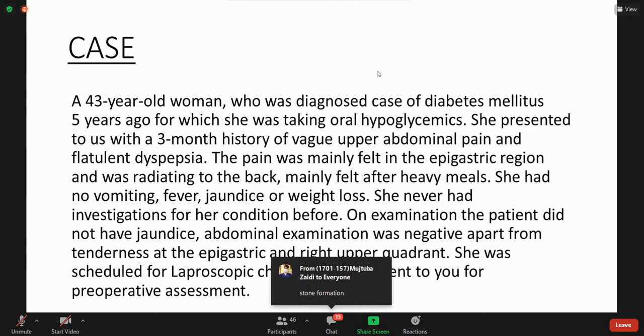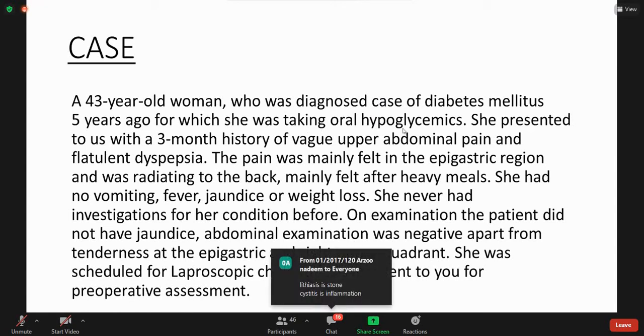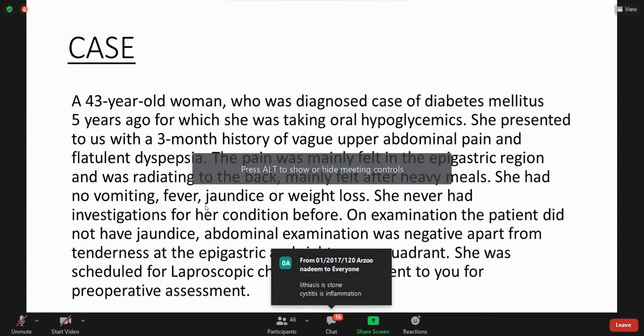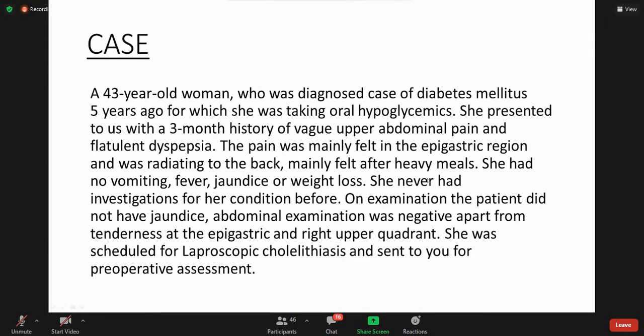Yes. So we have this 43-year-old woman who came for cholecystectomy, which is being performed laparoscopically, not open, and she has certain comorbids such as diabetes mellitus, and she is on oral hypoglycemics, with complaints of vague abdominal pain and flatulent dyspepsia, which is aggravated by taking heavy meals. So it is a typical scenario of